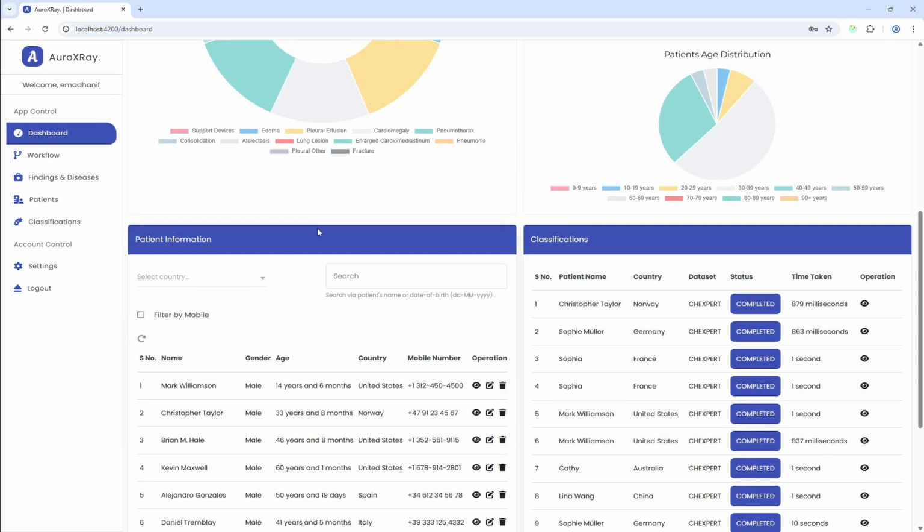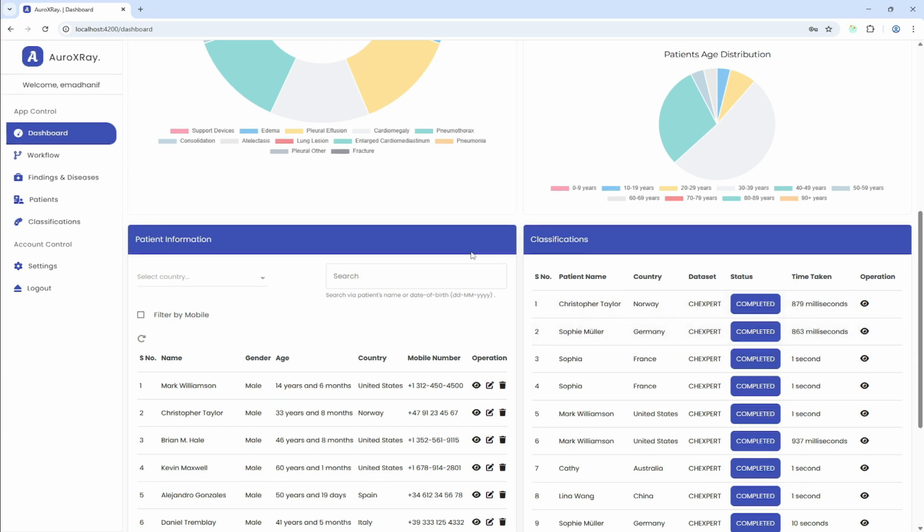Whenever you perform an X-ray classification, or whenever you either update, delete, or add the patients, the statistics with respect to either the patient or the classifications are re-requested again from the Oro X-ray service once you navigate back to the dashboard. That's where the proper state management implementation comes in.